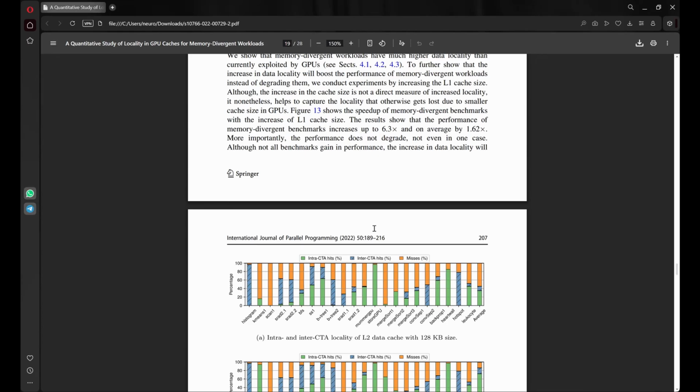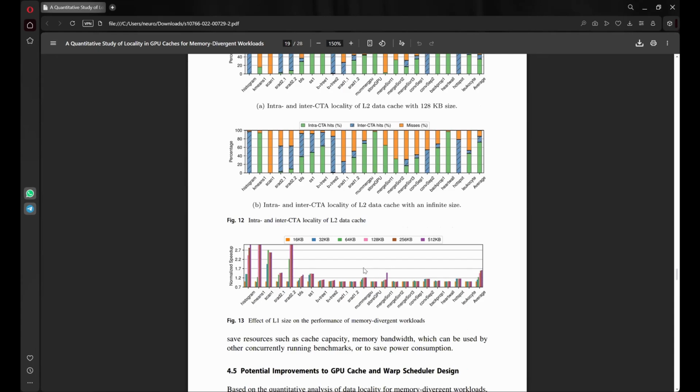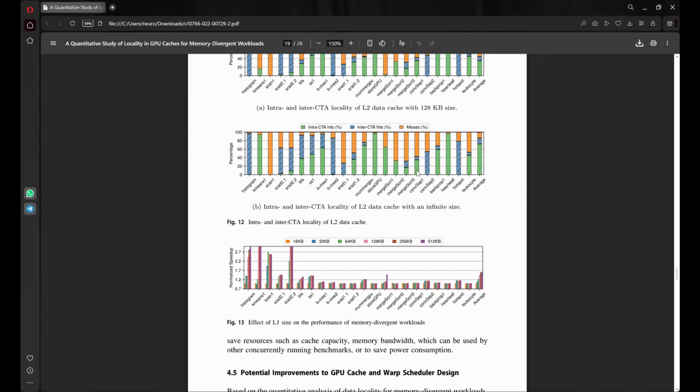And the performance doesn't degrade in any case with greater cache size. So, I mean, you can see that some of them don't gain a whole lot from having more cache, but there isn't a significant loss of performance either. Isn't that kind of expected behavior though? I mean, why would you expect to lose performance if you increased the cache? I mean, just the overhead, or